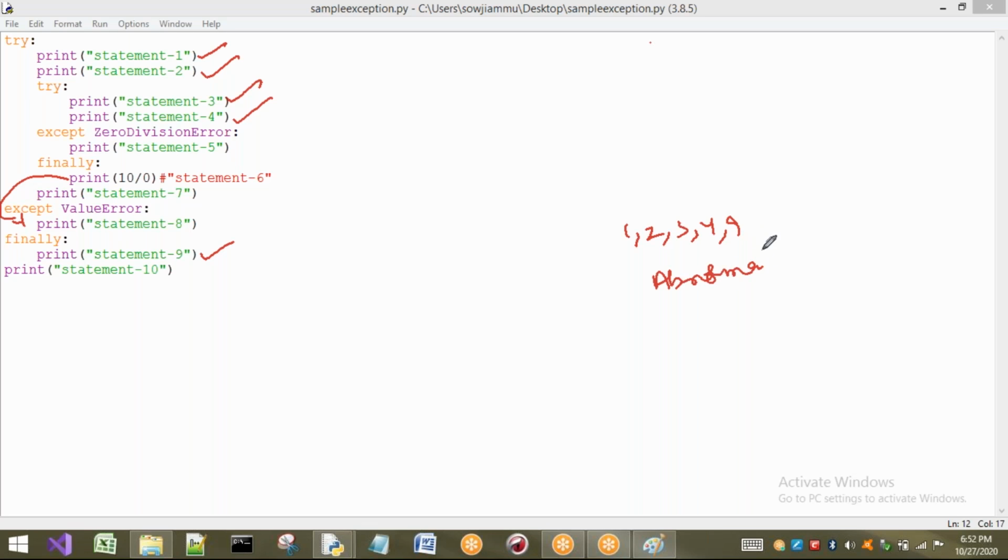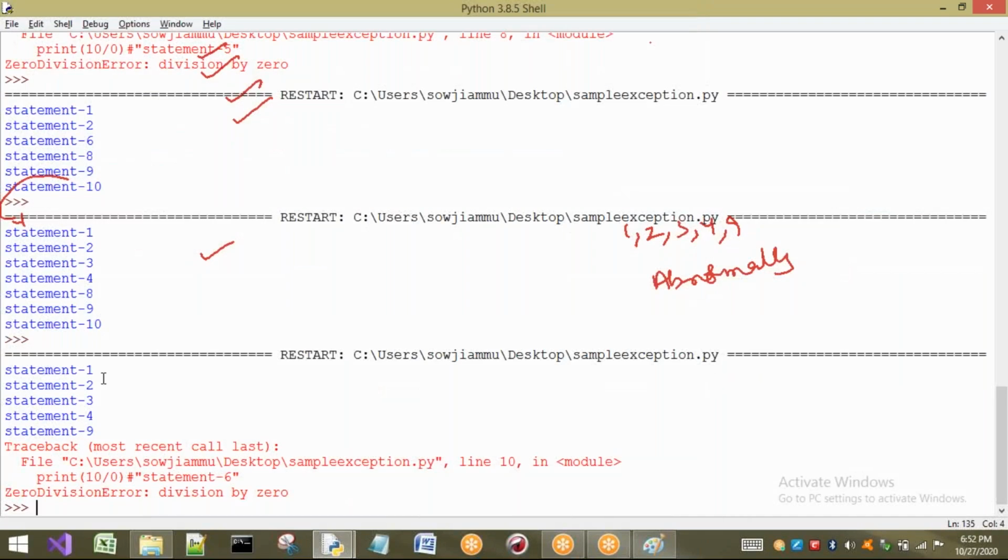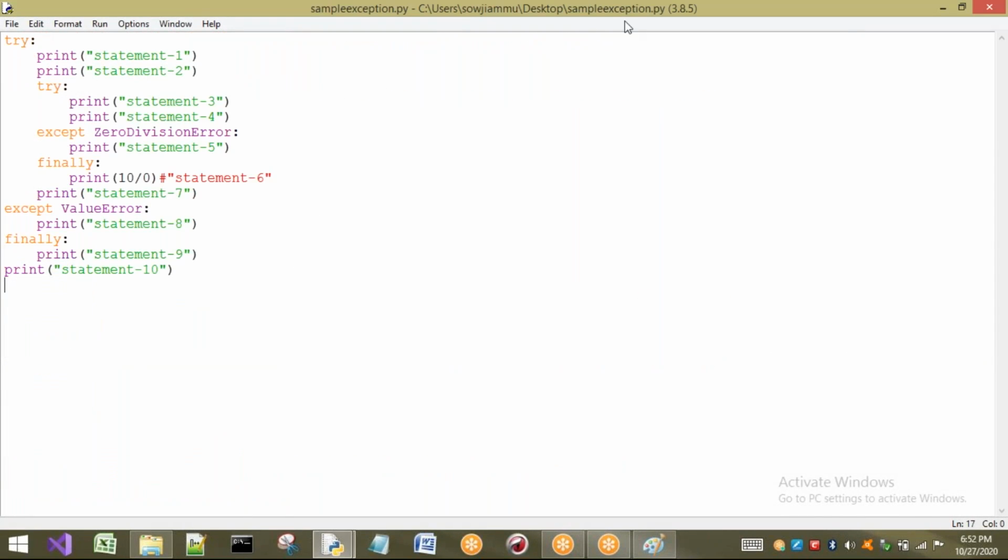Okay, right. Now see. So we are going to get what? 1, 2, 3, 4, 9, and the program is going to be terminated abnormally. Now, in many cases the same example can be taken. That means once I will take an exception here, and I will take a handling technique here. Anyway, if there is an exception here, what happens? Next, here I can have an exception, and I will have an except block. Anyway, we'll come to here. Then what happens, and so on. We can take many cases for this example only, but I will stop with this case.